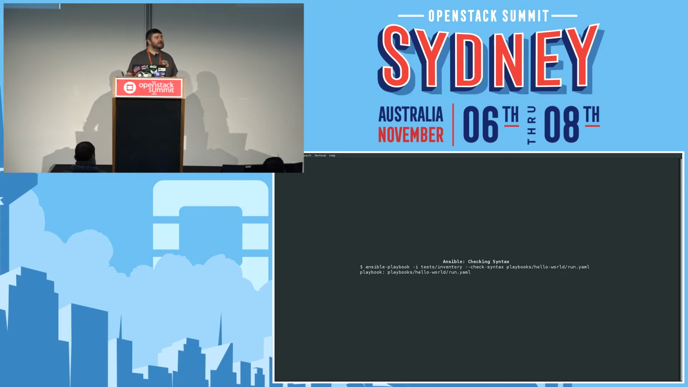So how do we check the syntax of this code? Ansible has a really cool syntax checker, which we can run with ansible-playbook. We pass an inventory. I just noticed a bug in my presentation. I didn't show you what the inventory was, but I can, as long as the monitor doesn't freak out again, I can show you what that inventory is. But basically, we leverage the